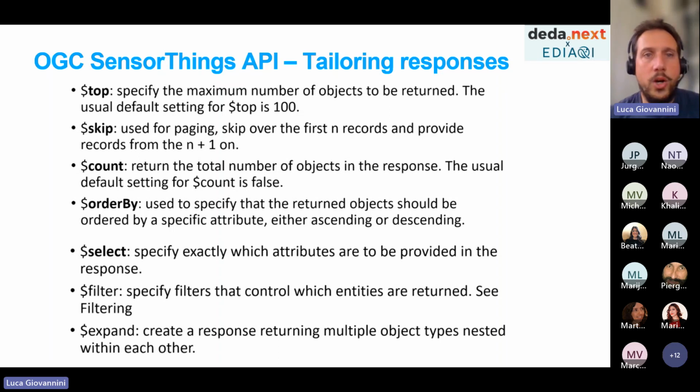So you could say, okay, I'm requesting this data, I know it's going to be 10,000 elements, please show me just the first 100, or skip the first 200 and show the rest. So it's a very rich syntax. You have many commands to control in detail how to access the data or how to insert new data. Those are all commands for accessing information.